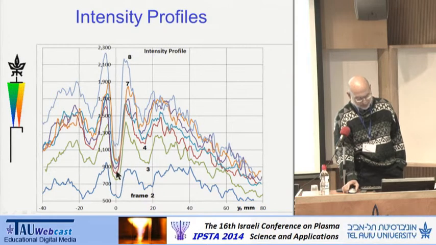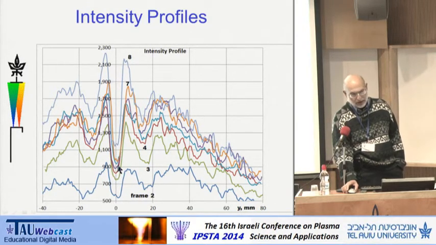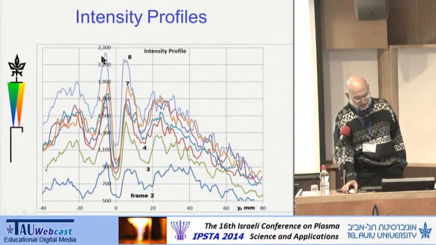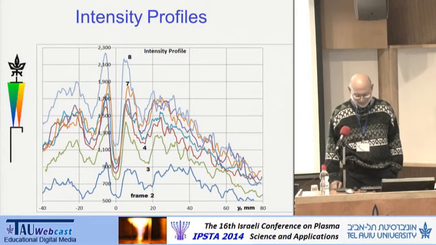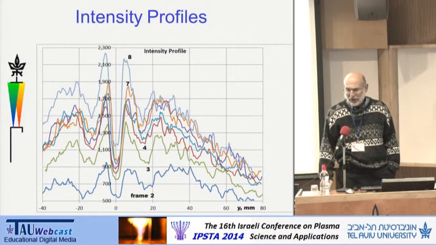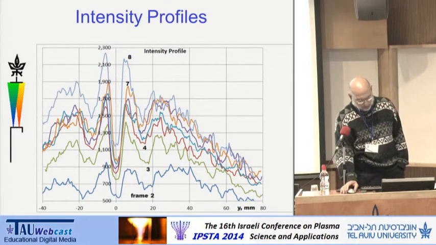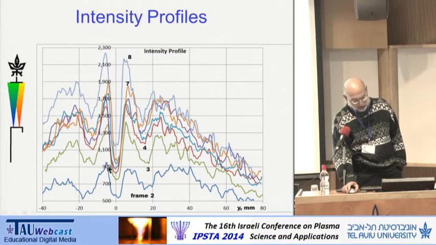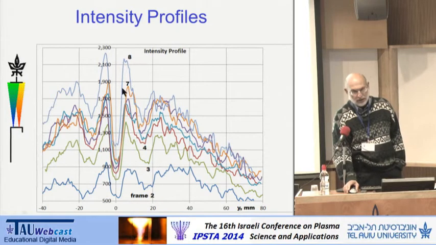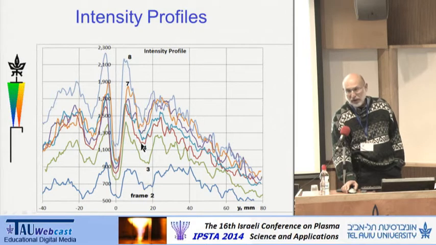what we obtained was the following. We can see the dark region in the center is basically the electrode. Surrounding it is the negative glow, then the Faraday dark space, and then the beginning of the positive column. On some of the profiles, we see what appears to be striations in the intensity. What's interesting is that, albeit that in each of these frames, if we go in the sequence from the first frame to the last frame, the intensity is increasing,